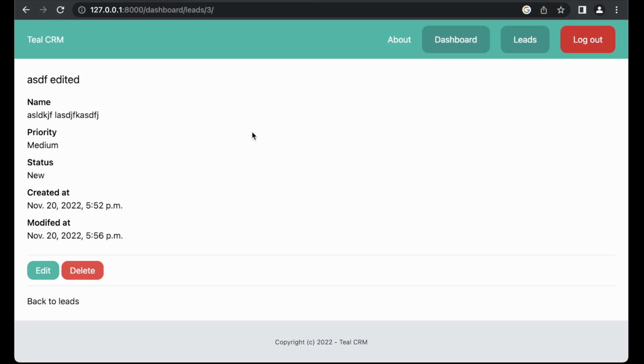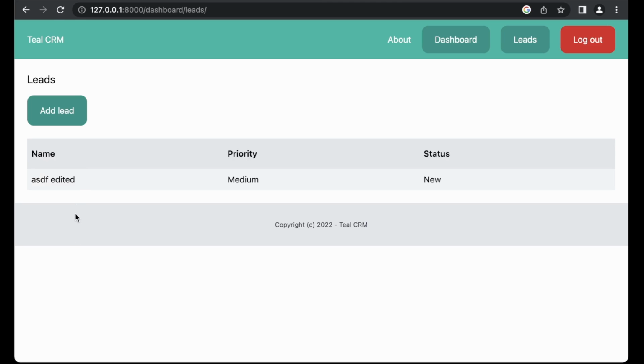So if I refresh, this makes a little bit more sense now. Green means that it's okay to do, and red means something dangerous is going to happen. So that looks a little bit better.